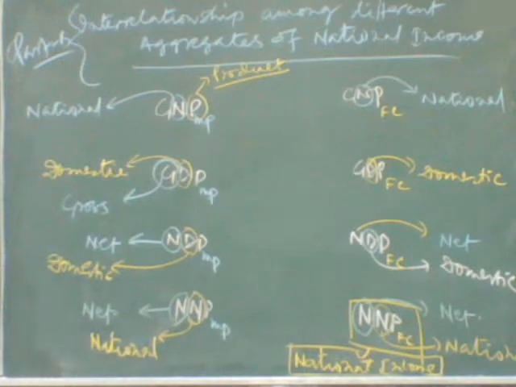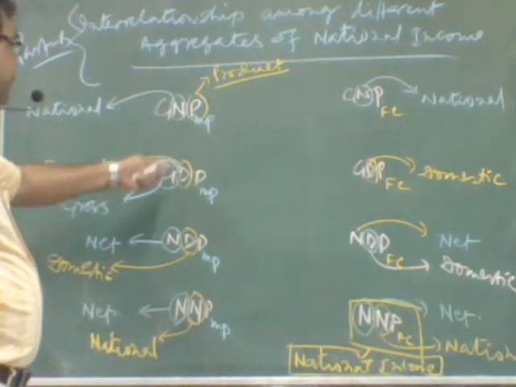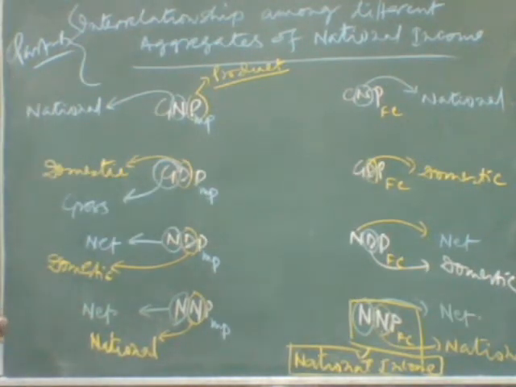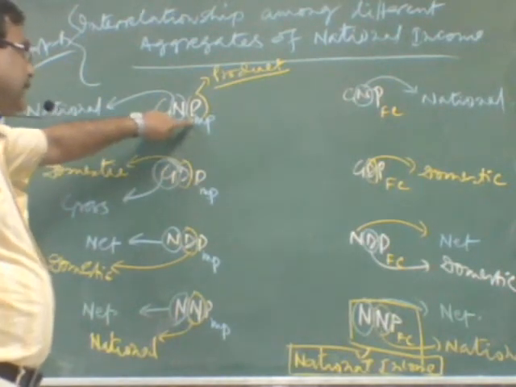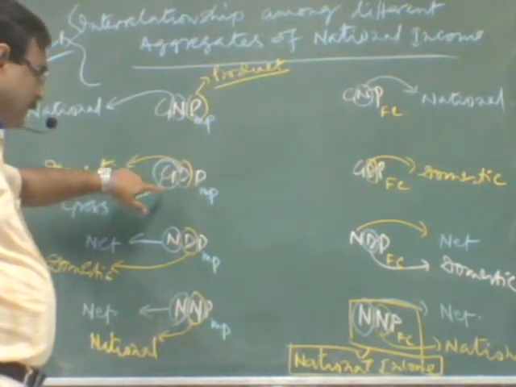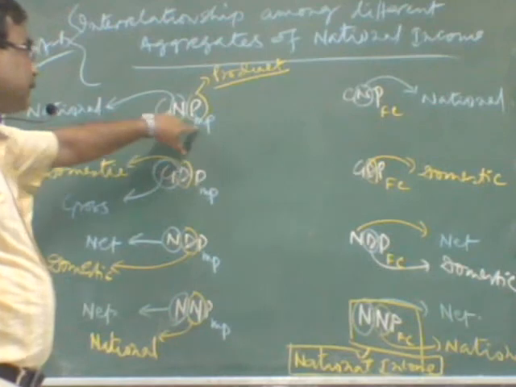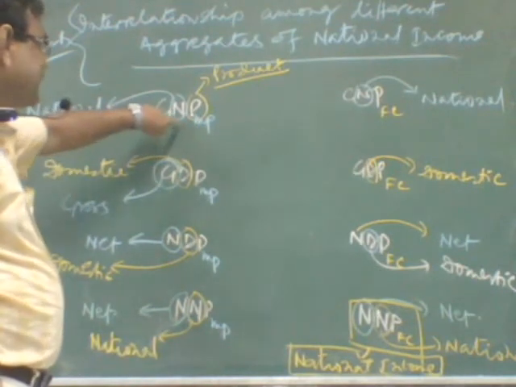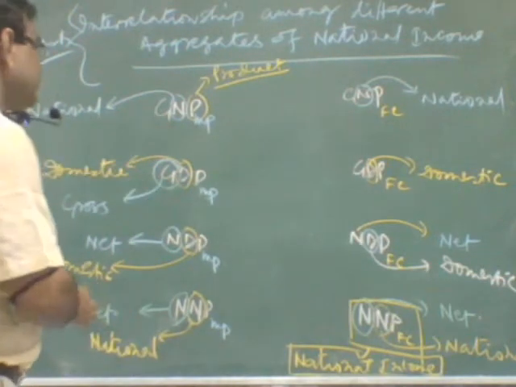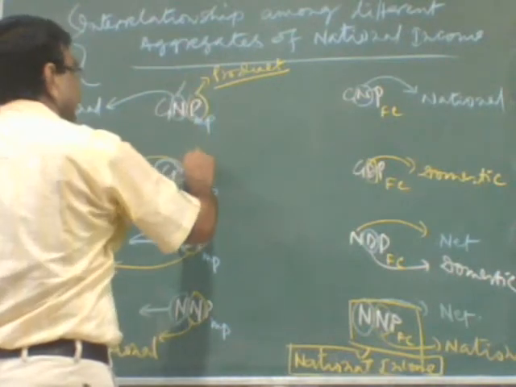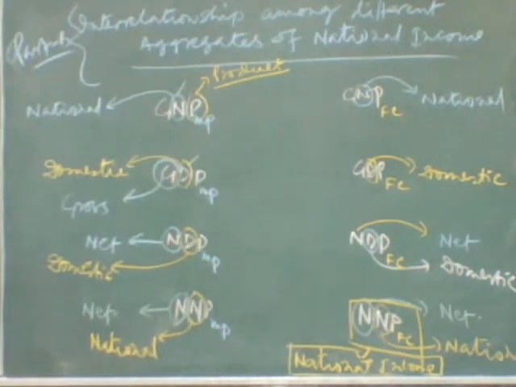Now, we have to establish the relation between GNP market price and GDP market price. GNP means gross national product at market price. GDP means gross domestic product at market price. So the only difference is between N and D, that means national and domestic. Just a few minutes before, we already established the relation between national and domestic.